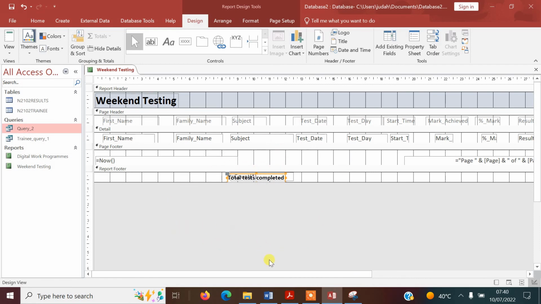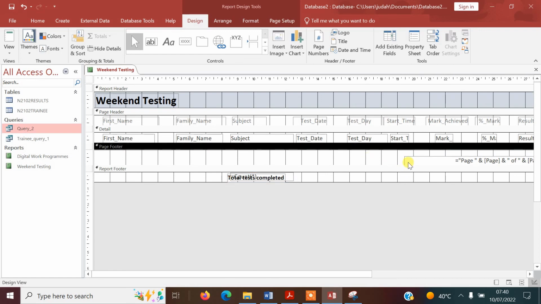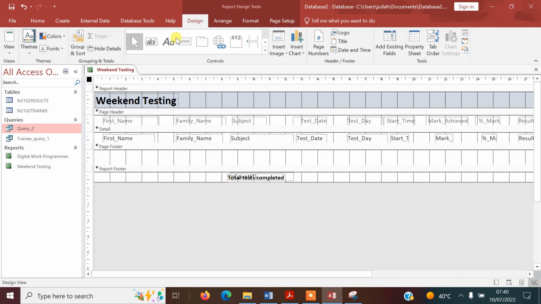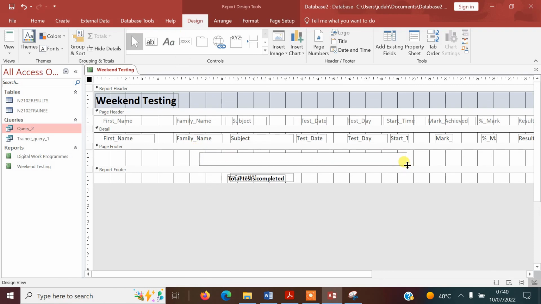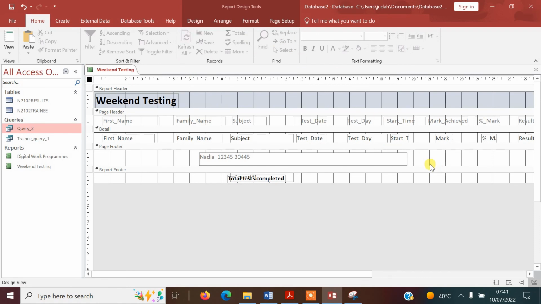So in the page footer we need to remove any other data, so I'm going to delete these labels, and then I'm going to add in my label for my details, and they must be in the page footer because they've got to appear on every page of your report. So I'm going to put that there, and I'm also going to format that, just to make sure that's clear. I might make it a little bit bigger too,